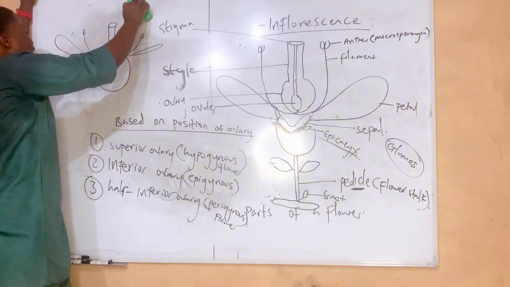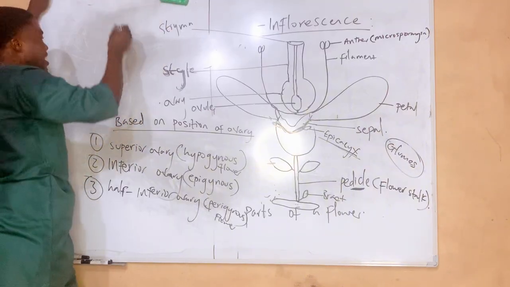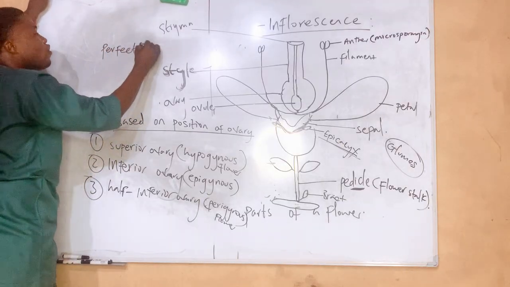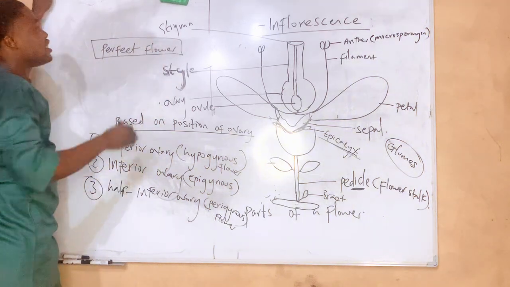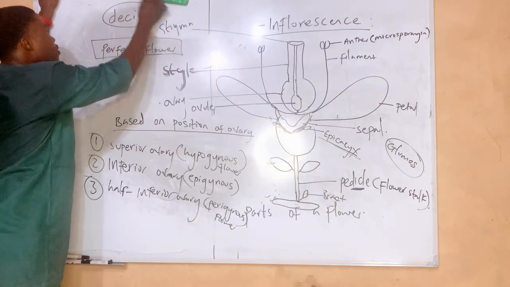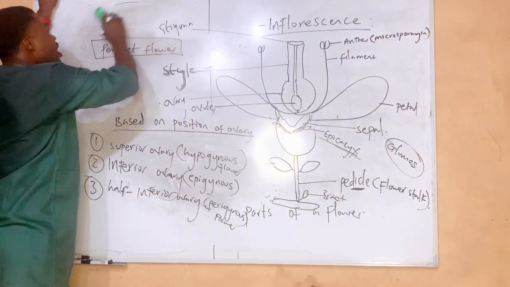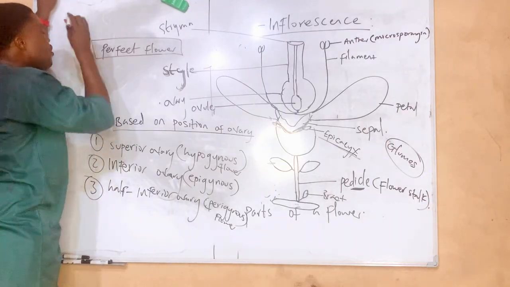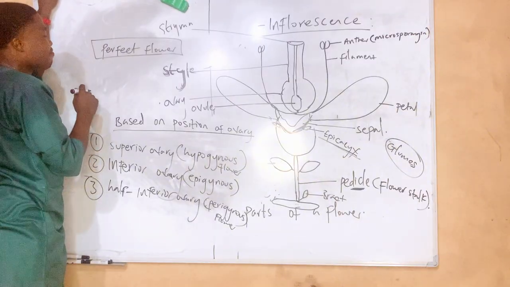And I would like to quickly say this. Perfect flowers, remember, are called hermaphroditic flowers, while imperfect flowers are called diclinous flowers. Imperfect flowers, that means either pistillate or staminate, are called diclinous flowers. Now, hermaphroditic flowers are perfect flowers. For some perfect flowers,